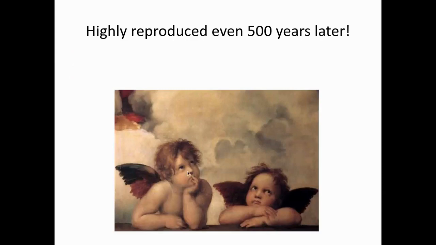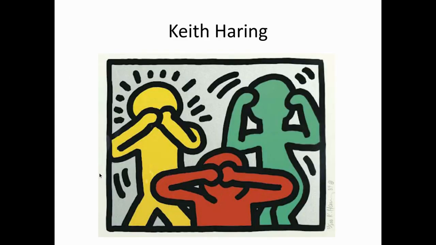Another thing he's known for, which is other pictures on the Sistine Chapel, is this. This is a pretty popular painting, and I've seen it on t-shirts, on coffee mugs, and all kinds of things. So even 500 years later, this image is still being used today. So there's these little angels, or they call them putti, and what they're doing is just looking and thinking around. Makes me think that Michelangelo probably wasn't having a lot of fun painting at that time.